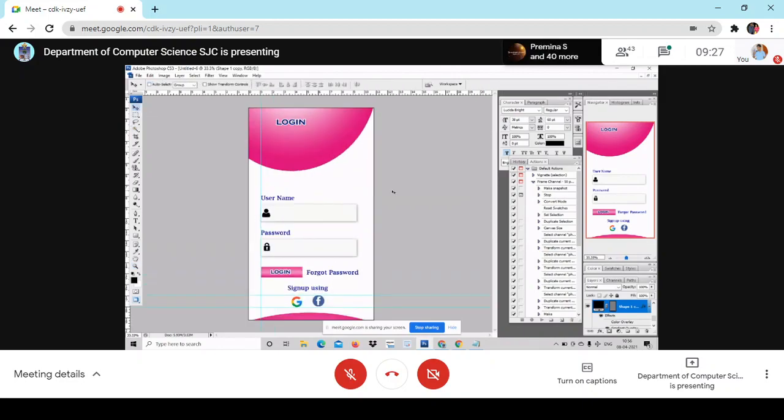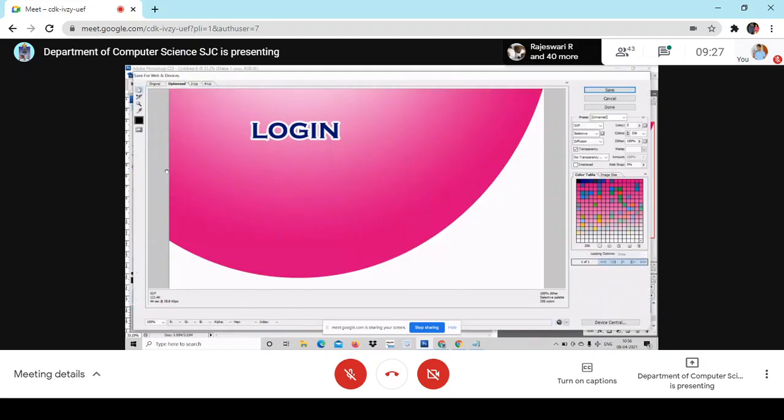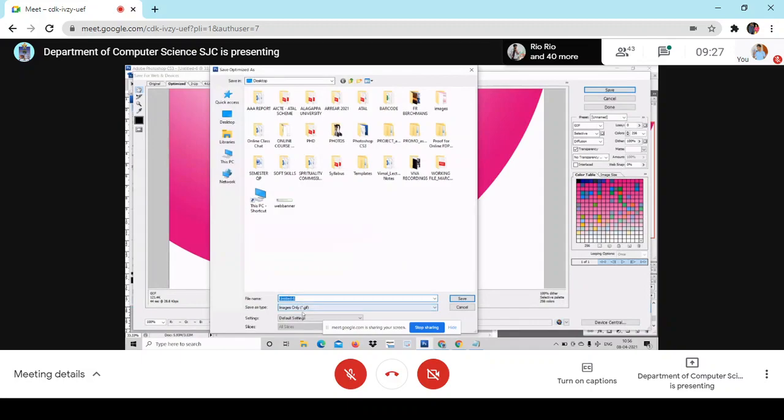Maybe with this white color, you can even go for some color if you want. This looks a little better, and this is enough. This is a simple user interface design. So how do you save it? Go to File, Save for Web and Devices. Click here, and press here. Save. Always image only. You have to save it as a GIF image, right? There you just type it as maybe mobile interface.